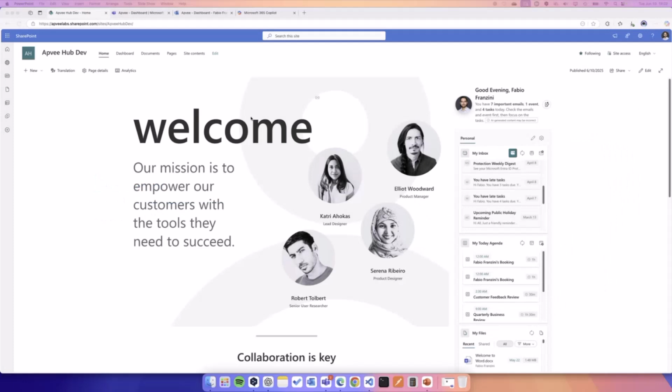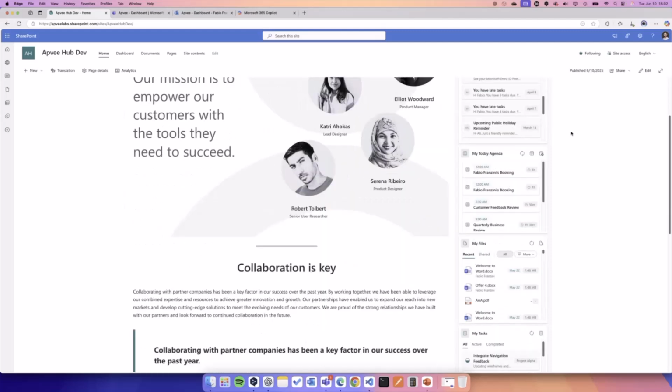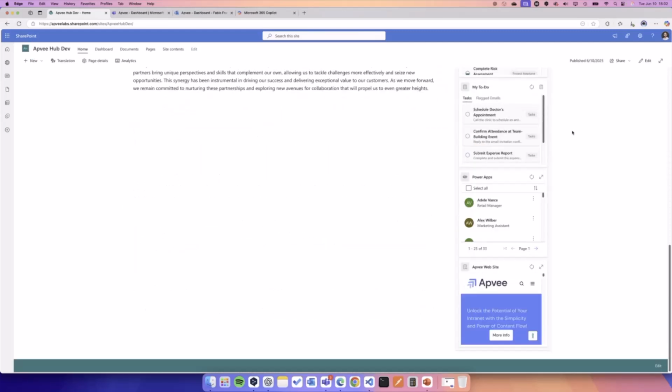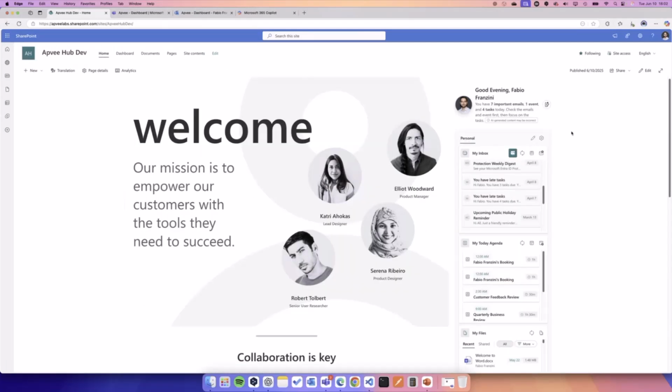So it's the demo time. And I want to show you the first demo. It's the web part inside a vertical section inside, of course, SharePoint. This is a simple configuration where you can use the web part, the dashboard, as an entry point for the user into the intranet